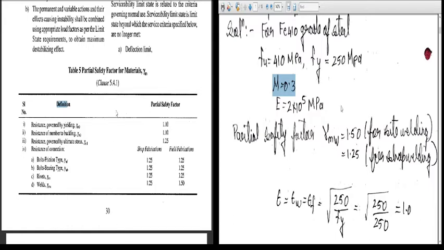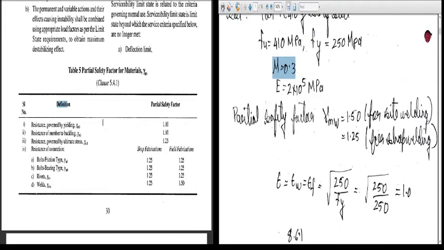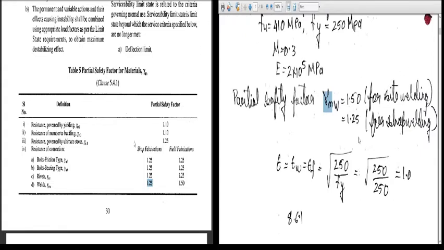Now ours is the welded plate girder. So gamma MW. This gamma M represents the partial factor of safety, and this W represents welding. You can see here for welds, gamma MW, for shop fabrication it is 1.25, and for field fabrication it is 1.5. The meaning of this is shop fabrication means it has been prepared in the manufacturing plant, and field fabrication means on the site. So we have written here 1.5 for site welding, 1.25 for shop welding.